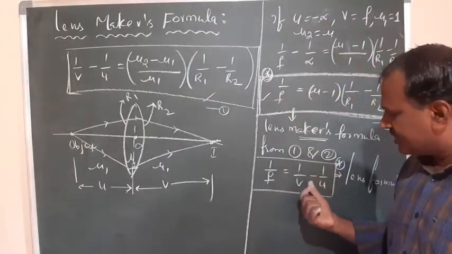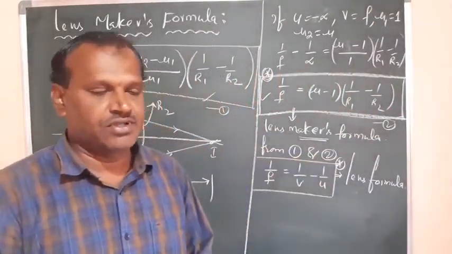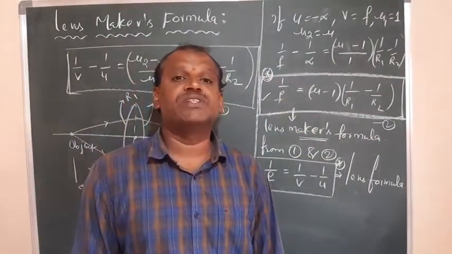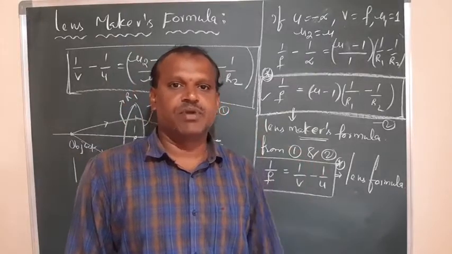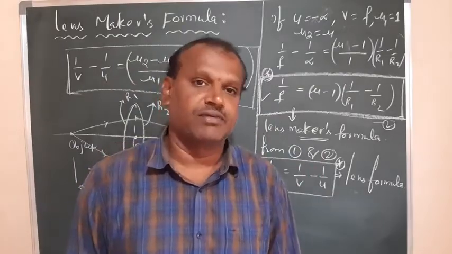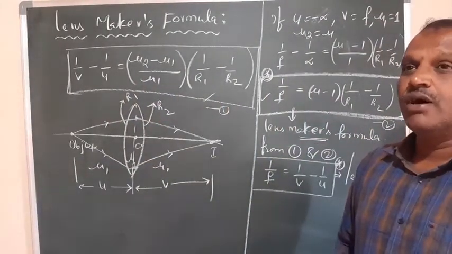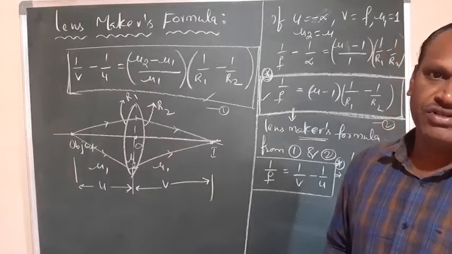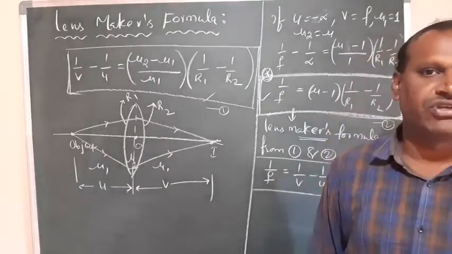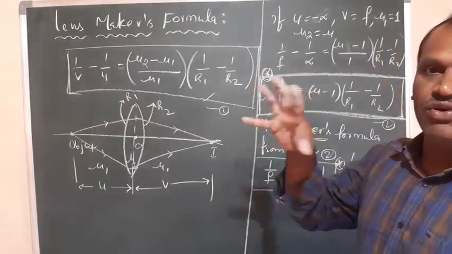If you observe this equation and the mirror equation, both are almost equal, except here we have the minus and there we have the plus. 1 by f is equal to 1 by v plus 1 by u is the mirror equation. But here 1 by f is equal to 1 by v minus 1 by u is the Lens formula or Lens equation. So this is a simple difference between the equations applied for lenses and mirrors. If the minus is there, it is called the Lens formula. If the plus is there, that is called the mirror equation, which you apply for curved mirrors. So you have to remember these equations.